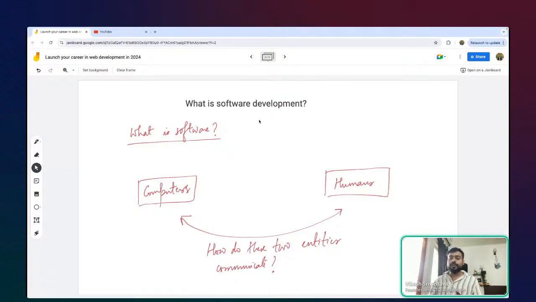But of course computers are not that straightforward. They are not literally interpreting the meaning of my click or whatever action I'm performing on my application. So it's relatively difficult to talk to a computer, because they have their own mechanism, the way they have been developed and evolved. Today, with the help of AI, I can tell a computer to do something in a natural language, and computers can do that.